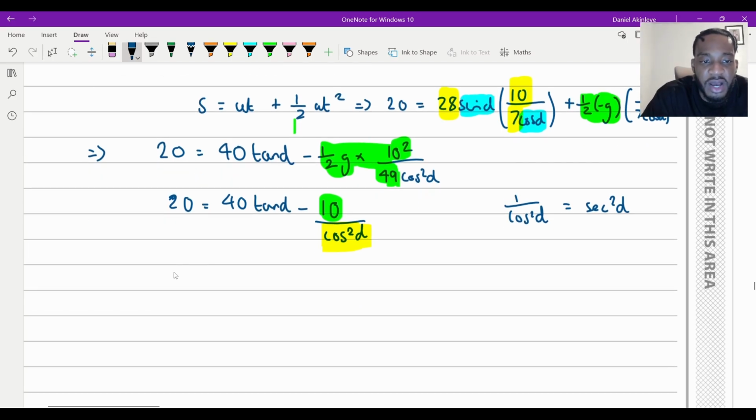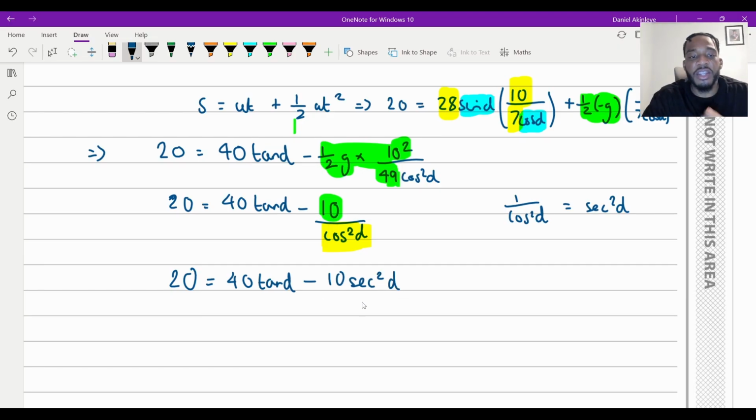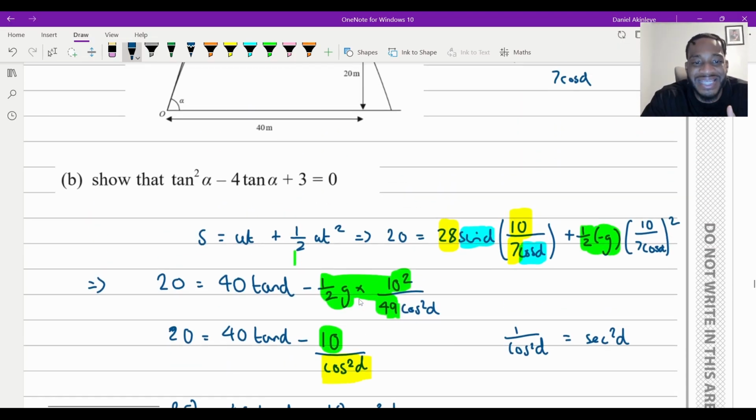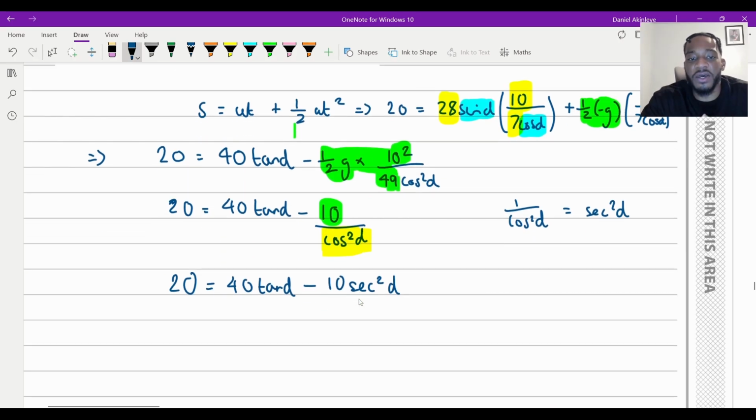So we could just say that this just becomes 20 is equal to 40 tan alpha, and then minus 10, and then cos squared alpha on the bottom is just going to be sec squared. So it's just going to be 10 sec squared alpha altogether. Now remember, you're trying to get tans. We've got a sec squared. But remember, trig identities. You need to know your trig identities very, very well. Make sure you memorize them all off by heart. Because if you do, you would